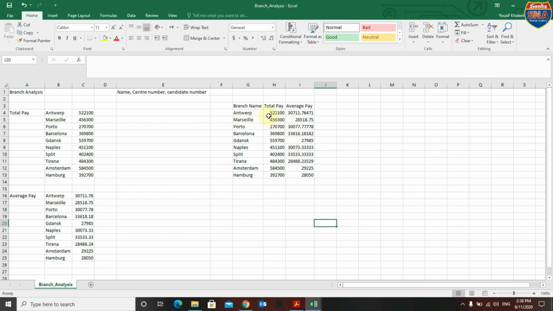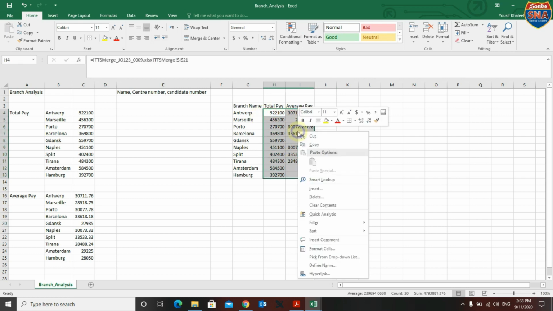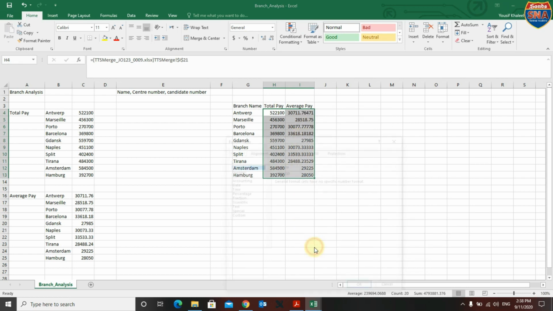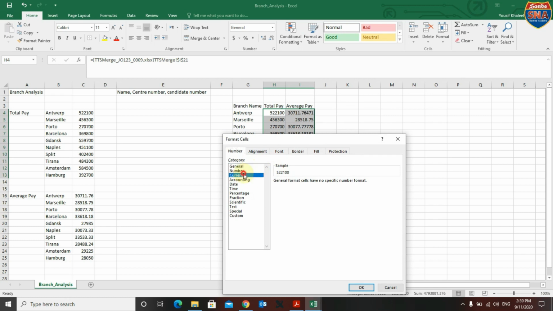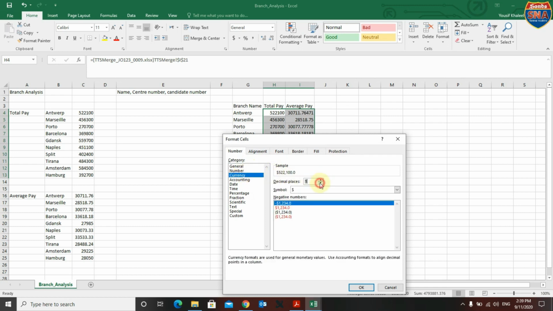Okay. Use here the sign of euro and 0 decimal. So format cells, currency, 0 decimal point, and the euro sign. This is the euro sign. Okay, then the one that I love here, the sign I love. Okay,